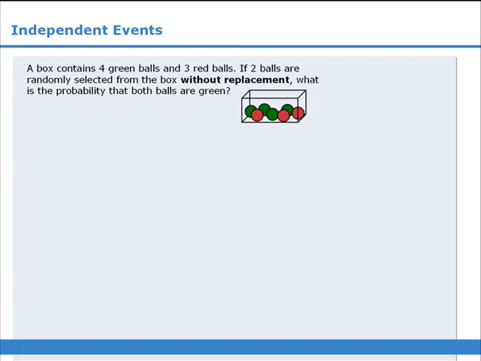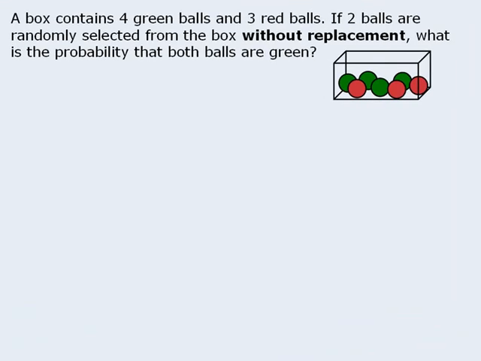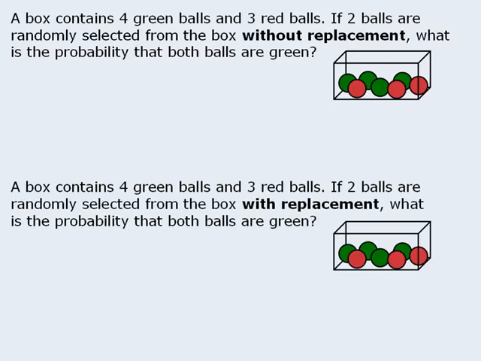In this lesson, we will examine the concept of independent events. To do this, we will examine two questions. The first is one you saw earlier, and the second question is almost identical to the first question. In both questions, we are selecting two balls, and in both questions, we want to find the probability that both